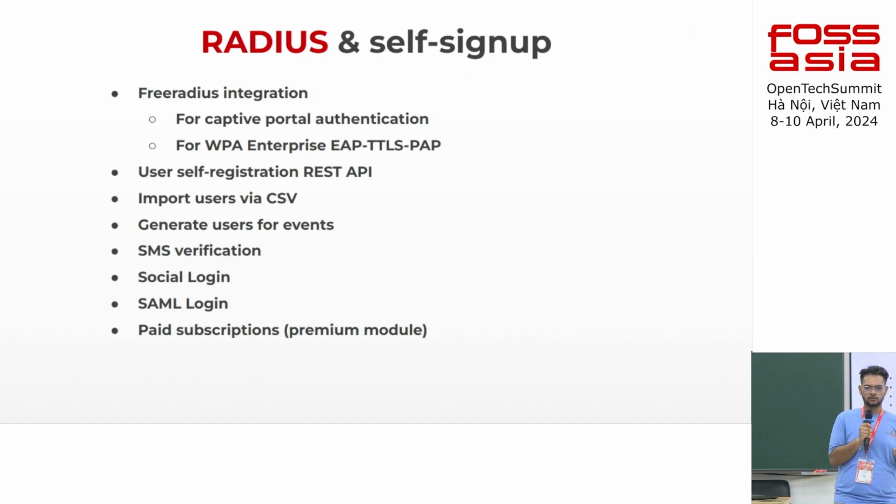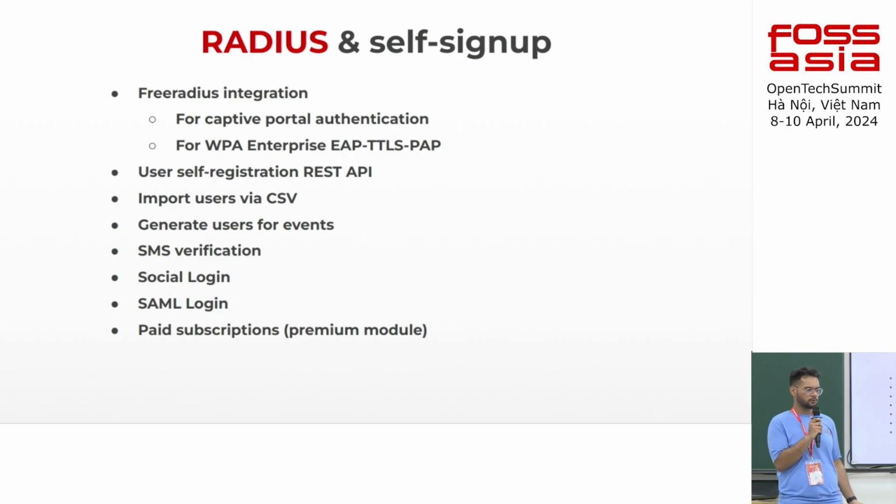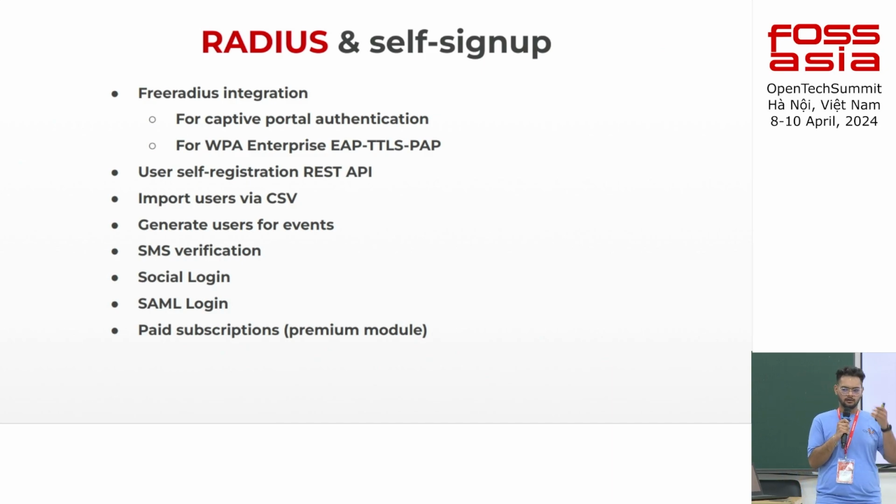So they can use SMS to know who is accessing the system. And then we also support social login OAuth 2, and it also supports SAML, so you can integrate single sign-on on those services. And we also have a paid module, which will only allow access to the network after